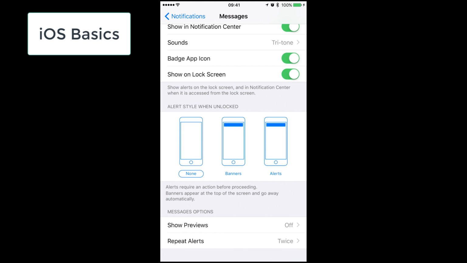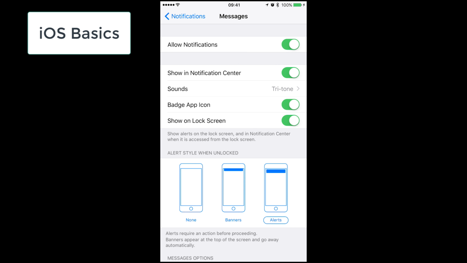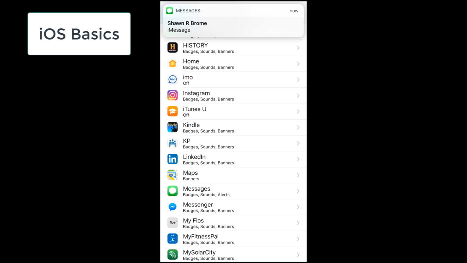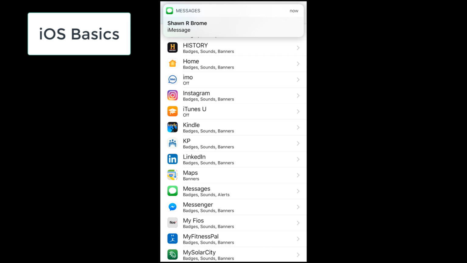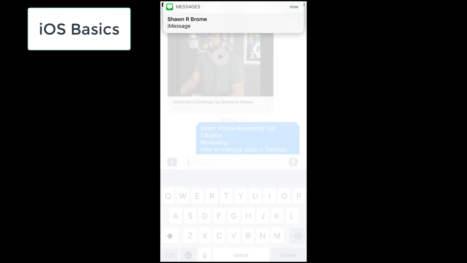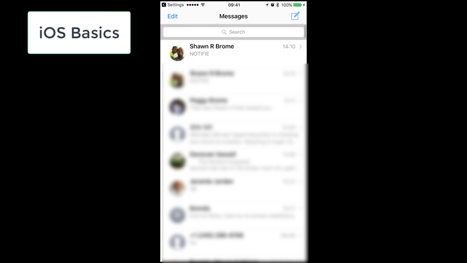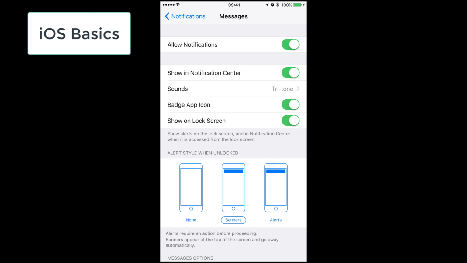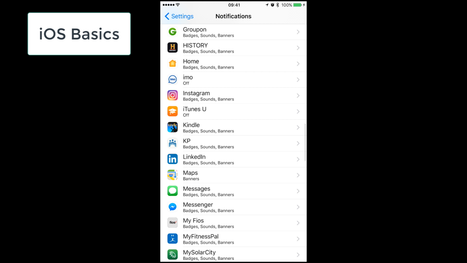If I go back into settings under notification and I choose an alert and I send a text message to myself again, it says the name, which is my name from my mobile device, and it says that I have a message. So if I click on the message to access the message, then I can see what the message says. But if I go back in here and I choose a banner and I send myself another text message,